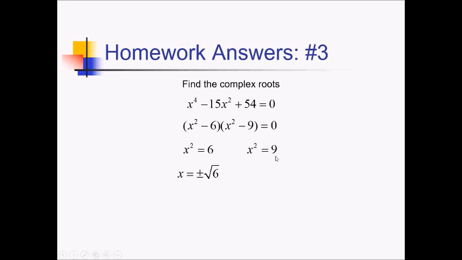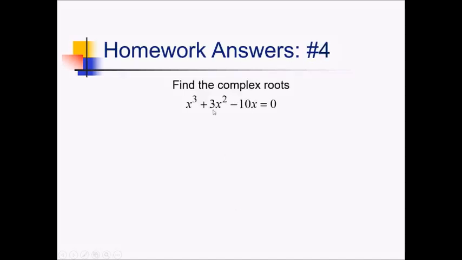Square rooting that gives us x equals plus or minus 3. For this polynomial, the first thing we always try to do is take out a common factor, and it looks like these all have x's, so we can pull an x out of there. That leaves us with x squared plus 3x minus 10, and this quadratic can be quickly